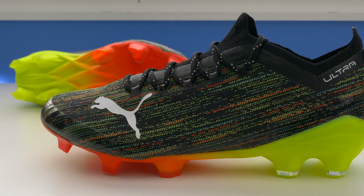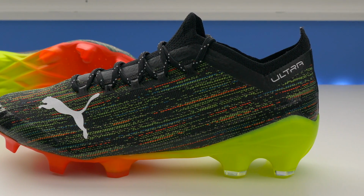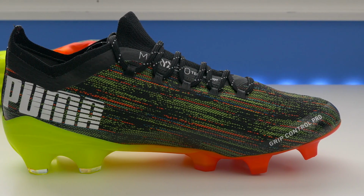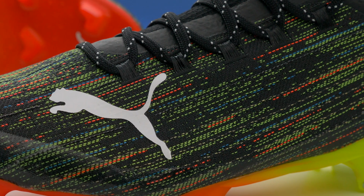This is part of the Game On Pack collection, and overall, I'm actually a little bit disappointed with the way they look in terms of the colorway. I actually think this is one of the few boots that look better in the press release photos compared to in person. They're okay, they just don't really do it for me. There's a black base, you get little bits of yellow and red, obviously, from the sole plate in the upper itself, and then there's a few little bits of blue in there too. So overall, I'm just not the biggest fan of the way this colorway looks,